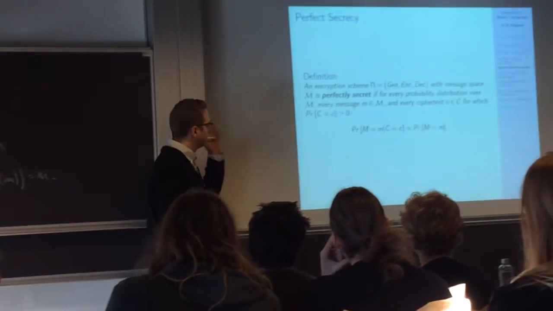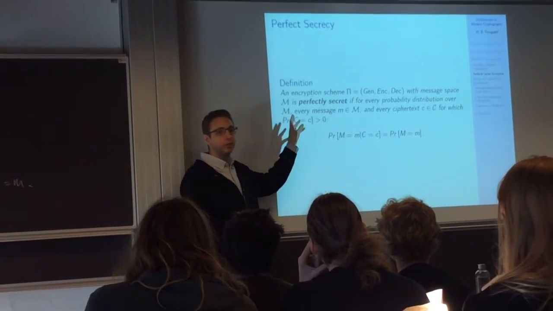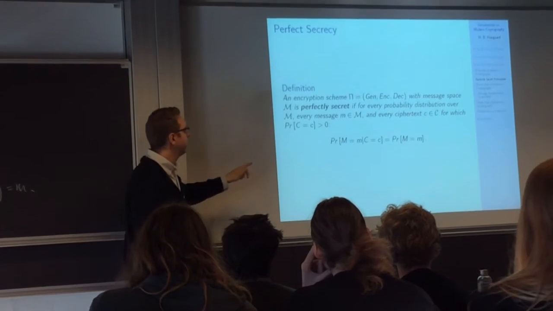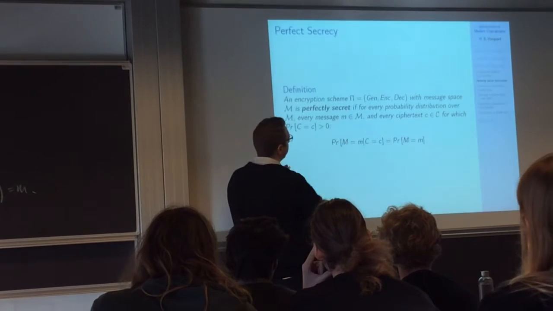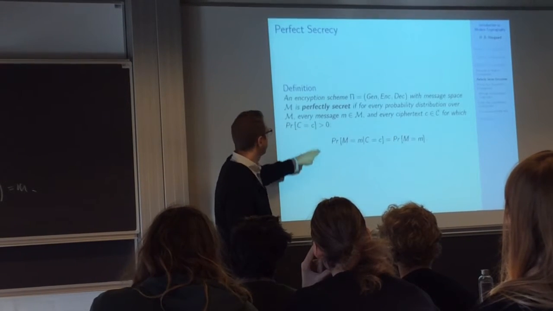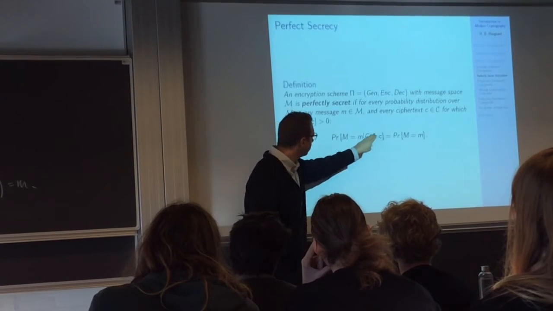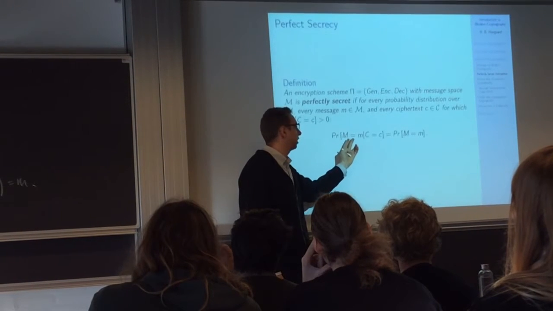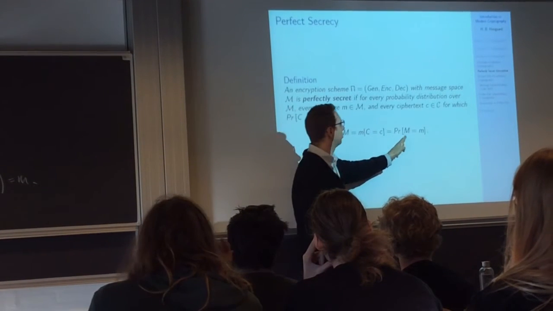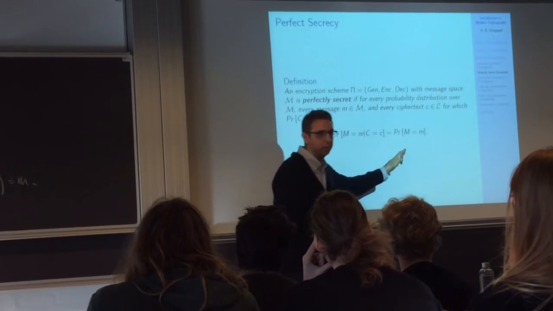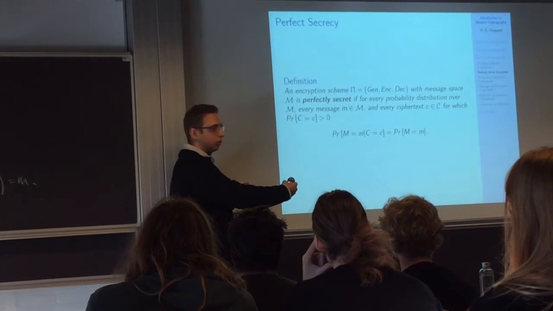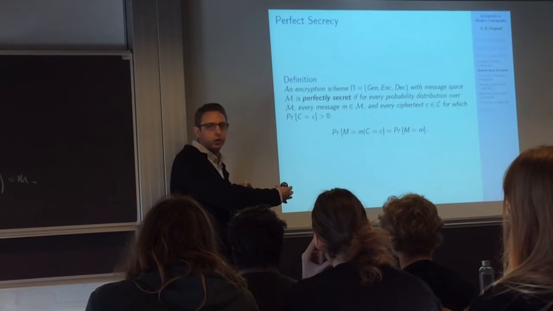Okay, so now let's get to it. What does it actually mean to be secret? We've only defined an encryption scheme. Now we're defining what perfectly secret is. Without getting too much into what it says, we're saying for every message M and every ciphertext C, this is a technicality, the probability of getting a message M given a ciphertext C is going to be equal to the probability that the message is M. Basically, that the ciphertext and the message, or plaintext, are going to be independent of each other.